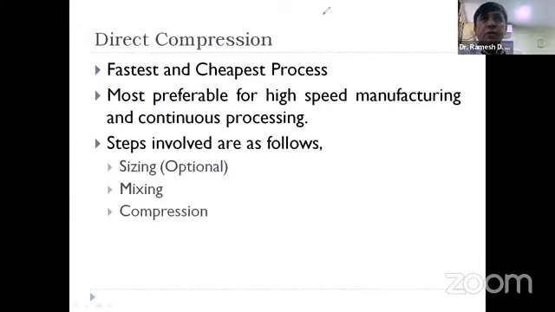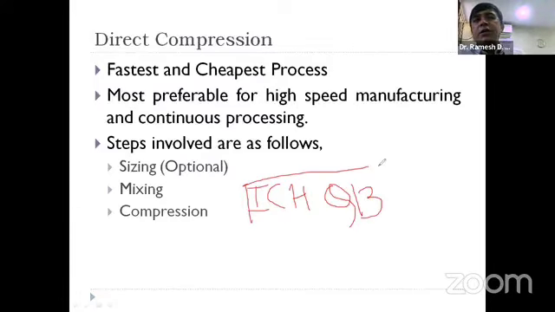You might have heard about ICH Q13. ICH is the International Committee on Harmonization. Previously, it was the International Conference on Harmonization. Now it is the International Committee on Harmonization. And ICH Q13 guidelines were approved by US FDA in March 2023. So now they are focusing on